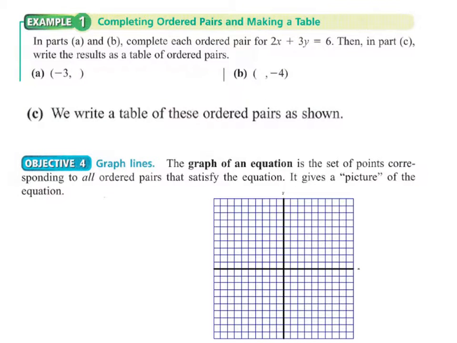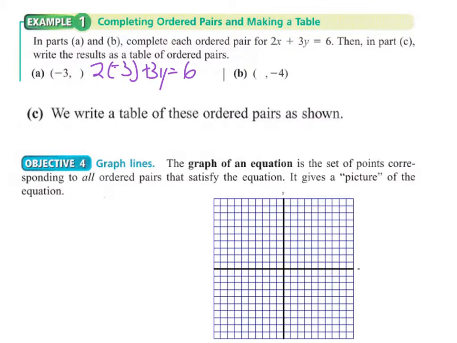Here we're going to look at completing ordered pairs and making a table for an equation. We've got 2x plus 3y equals 6. So we're going to complete the ordered pair negative 3 for x, and then we're going to figure out what y is. So the way that we do that is we take the equation that we're given, plug the negative 3 in,